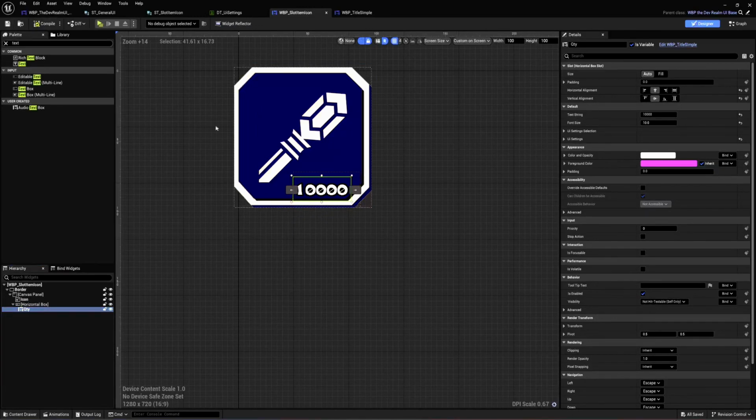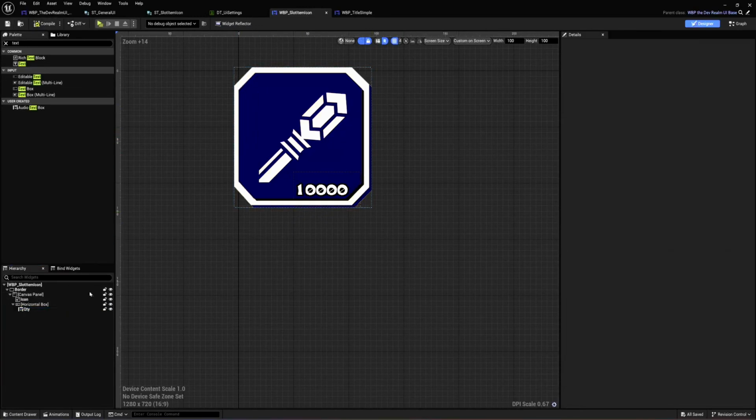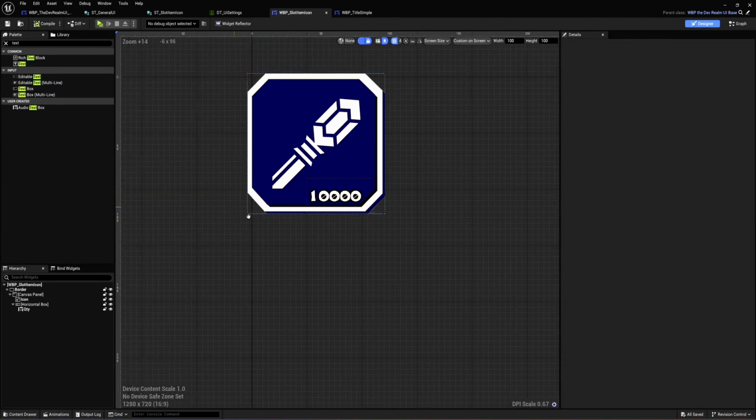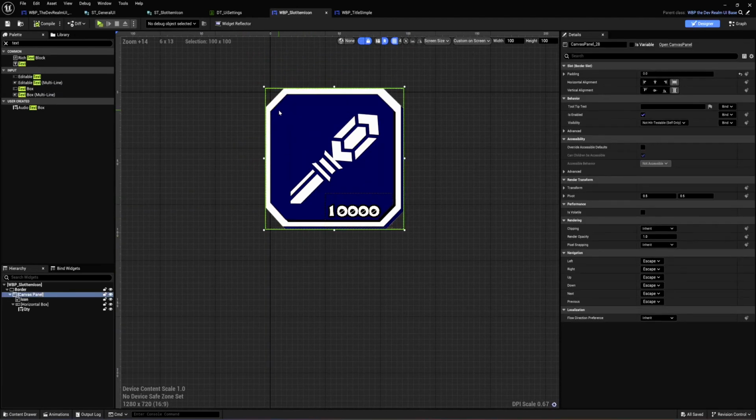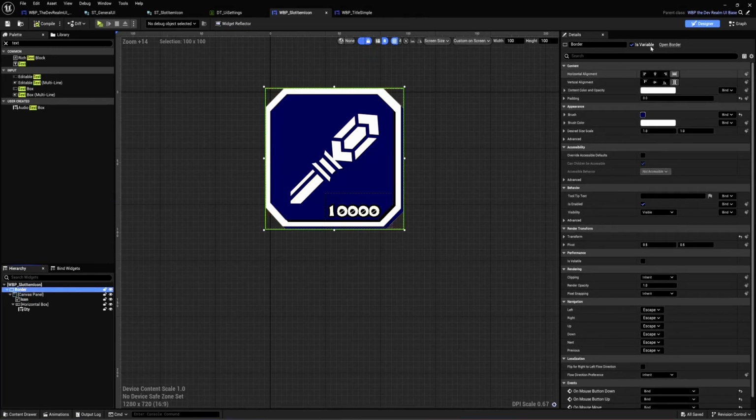Cool. Now that we have this up and running, we need to be able to remove the border and remove the quantity, because the input field that we're trying to do only has the icon. So the idea here is that we're just using the same icon every time, but we don't have to repeat ourselves when coding this stuff. So what we're gonna do now is give the option to the user to hide this background, right? So the first thing we're gonna do, we're gonna get the border here, right? And I am gonna basically